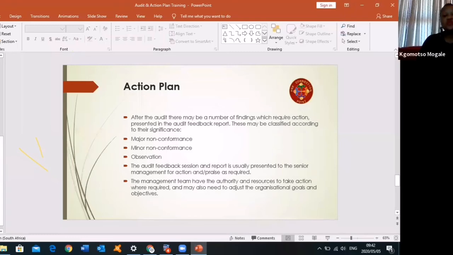But we know that we have teams, so we'll be working together with the responsible personnel, like your supervisors, your engineers, everyone that is responsible on the project. We'll sit together as a team with the management, and everyone will have their own duties that they need to do in terms of the audit feedback or the action plan that we need